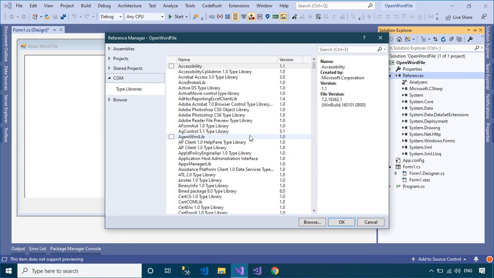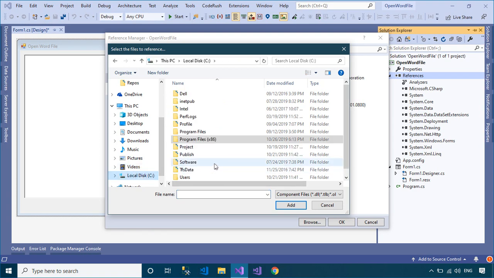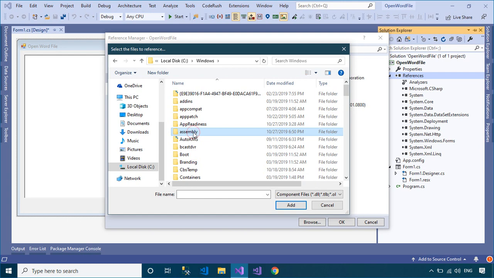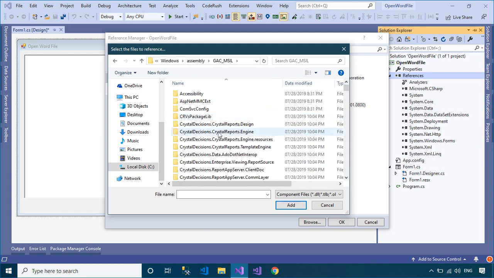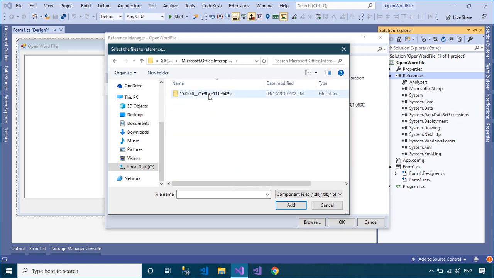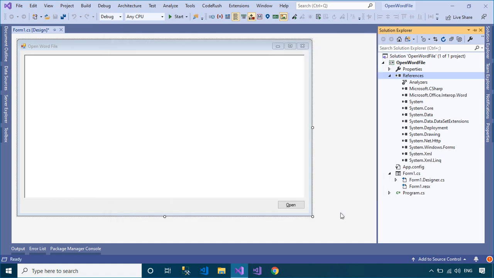You need to add a reference to the Microsoft Word Object Library. We will use Microsoft Word Automation to open a new document. Word Automation is a technology where you can write a .NET application that uses the Word client executable to accomplish some tasks such as creating a document, querying a document for content, or modifying the content of a document. So, make sure your computer has Microsoft Office installed.